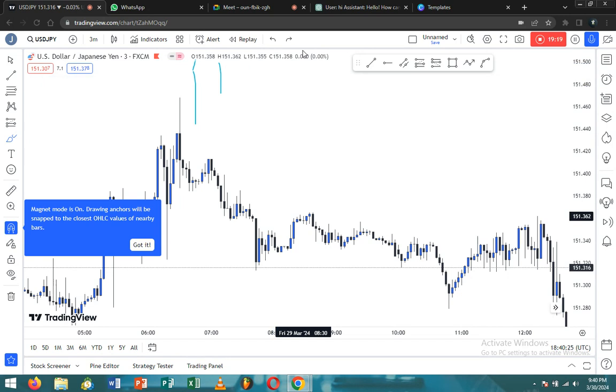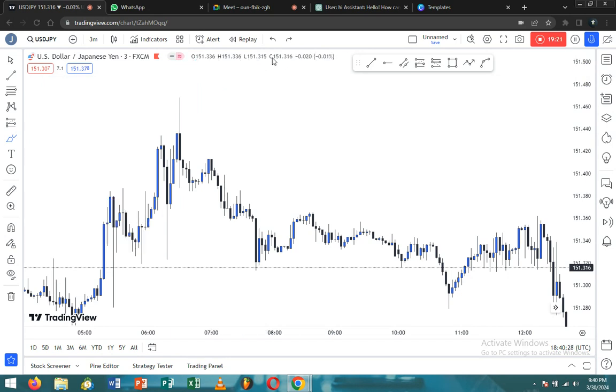Okay. So that's why you have these figures here, and this is the pair you'll be trading with, the time frame here represented, and then this is the broker you'll be using the data from, and these buttons you see, red and blue, the red one is the sell button, and the blue one is the buy button, and that is made for those people who trade with TradingView. So with that, that is it with TradingView. And once you have this knowledge,